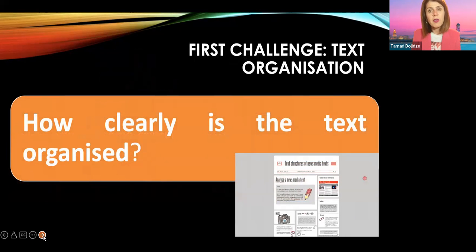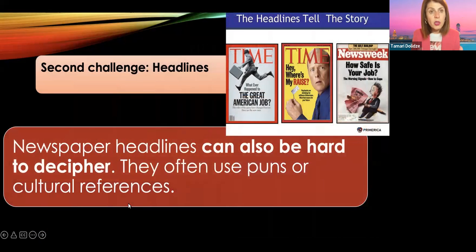But the first challenge, which is definitely encountered when we plan our classes with authentic materials, in our case newspaper articles, is related to how the text is organized. We know that it's very important to raise students' awareness around the very peculiar structure of the news article in order to simplify the process of understanding. Another challenge is also related